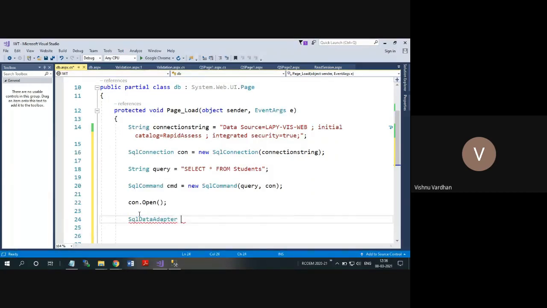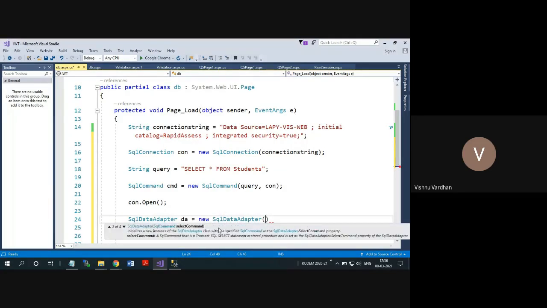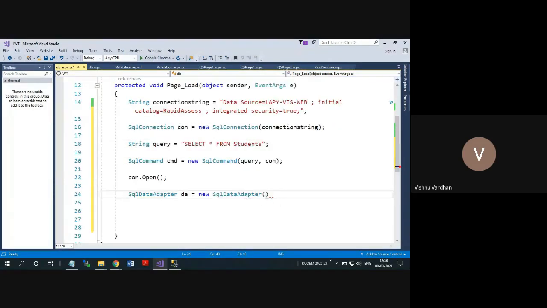The data adapter can be with any variable instance, new SQL data adapter. And what it is expecting, you can see, is a select command, that means this CMD, or command comma connection. There are multiple ways of doing things in .NET coding. As we have taken the connection into this command, there is no need to provide this connection again and again, because the command object is now integrated with the connection object also. So now I take the CMD only.